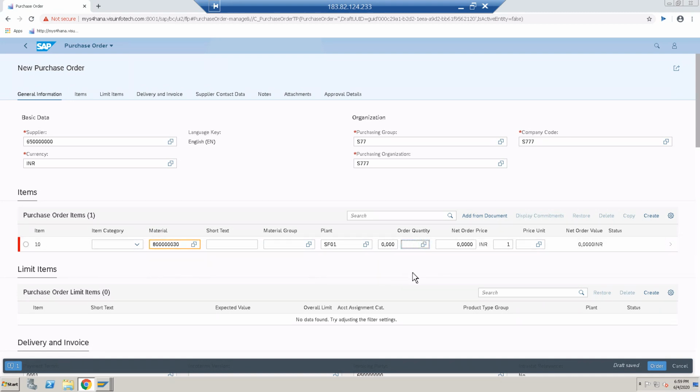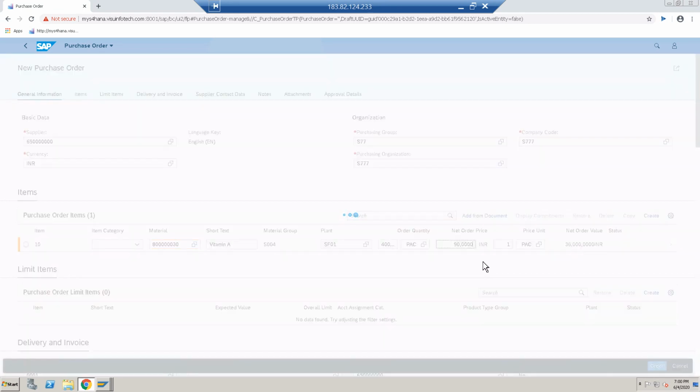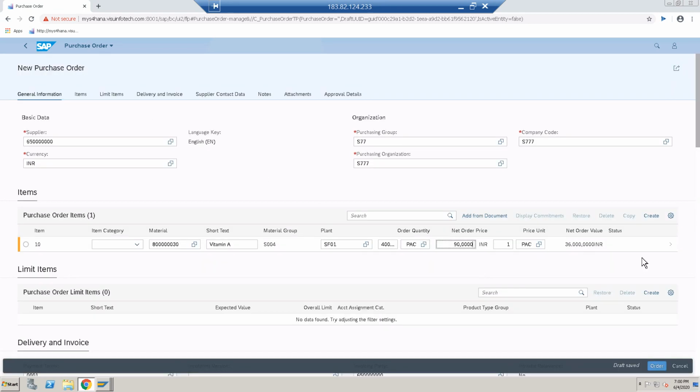Then quantity, let's say 400 packets. Sorry, I entered into the wrong place. 400. Then the price for it, 90 rupees. Just press enter. Just go to detail.